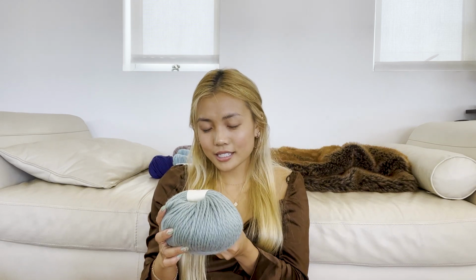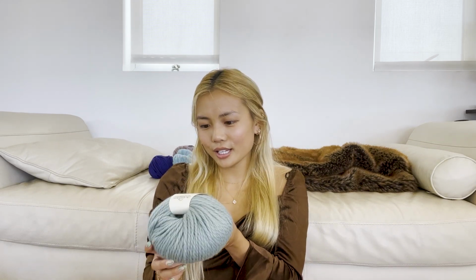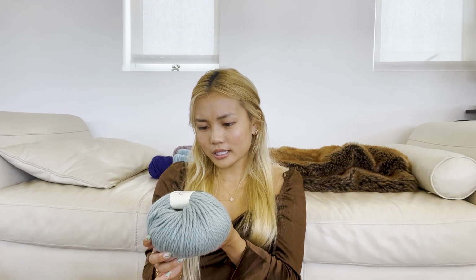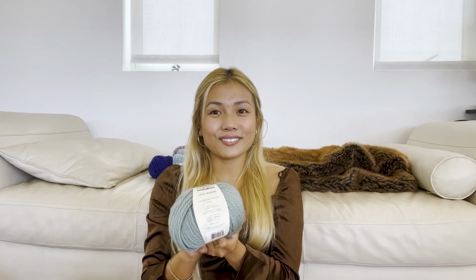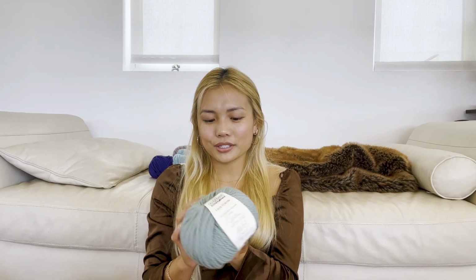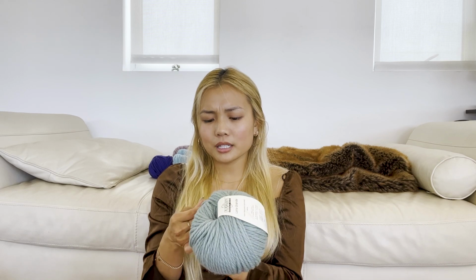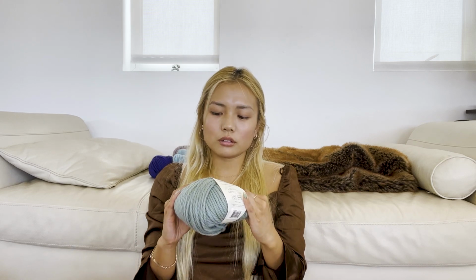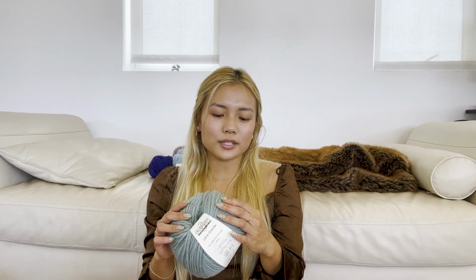Next, I have this single skein of Lana Grande, and it's 100% Peruvian Highland wool, and it is 100 grams per 79.5 meters. I have a single skein of this, and I don't know what I'm going to do with this. It seems like it's made more for outerwear or gloves or hats or something. It is maybe not as soft as I'm used to working with because I do tend to choose pretty soft wools because I have eczema,